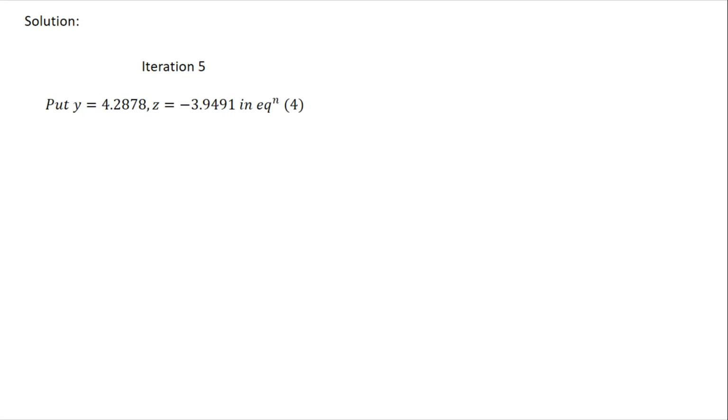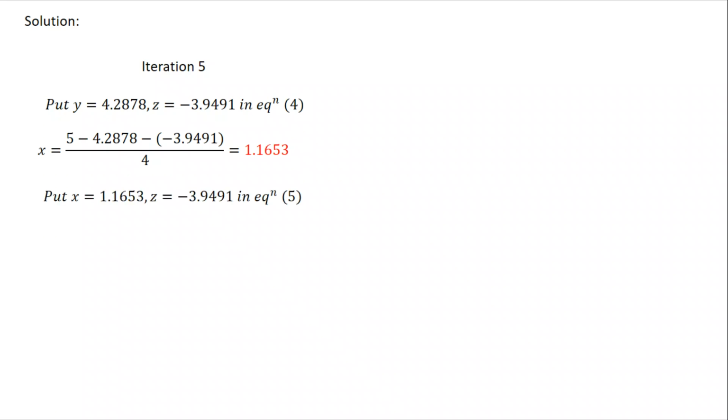In iteration 5, put the values of y and z from iteration 4 in equation number 4. So equation 4 becomes 5 minus 4.2878 minus 3.9491 upon 4. Simplify it and we get 1.1653. Then put this x from iteration 5 and the z value from iteration 4 in equation number 5. So equation number 5 becomes 19 minus 2 into minus 3.9491 minus 1.1653 upon 6. After simplification we will get